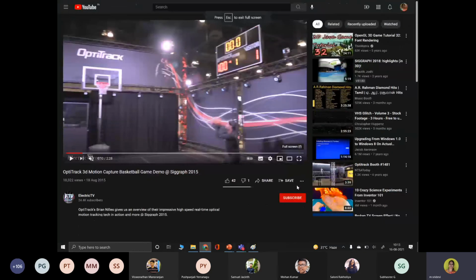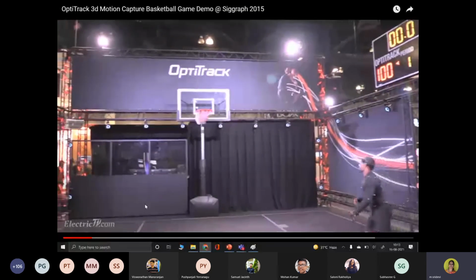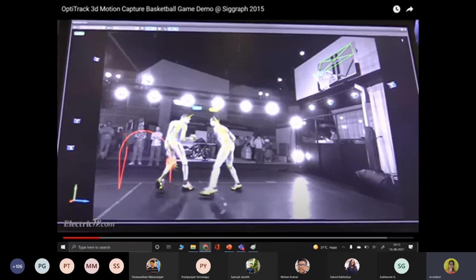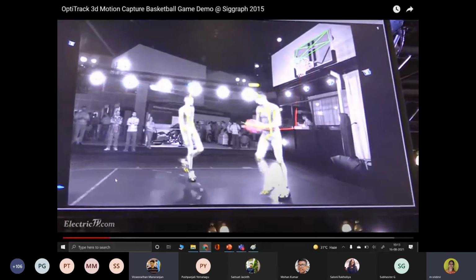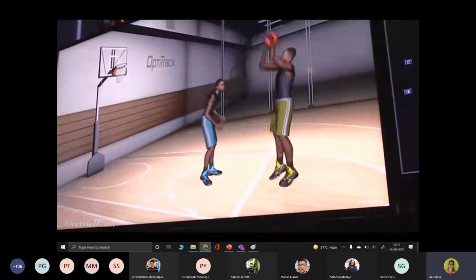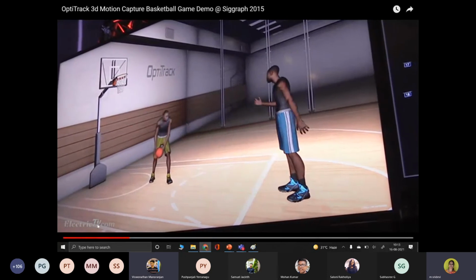As I told you earlier, we have different kinds of tracking, and examples are specified here. Can you tell me whether this comes under inside-out or outside-in tracking? Outside-in tracking. Reason? Because the sensors are outside and they are tracking.